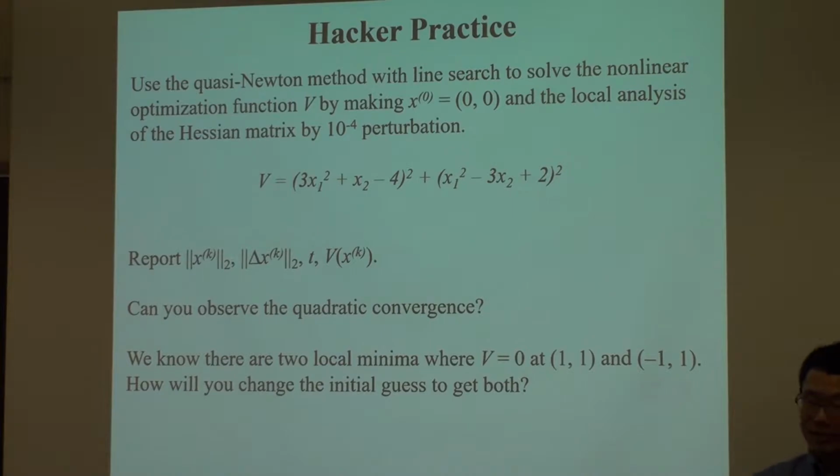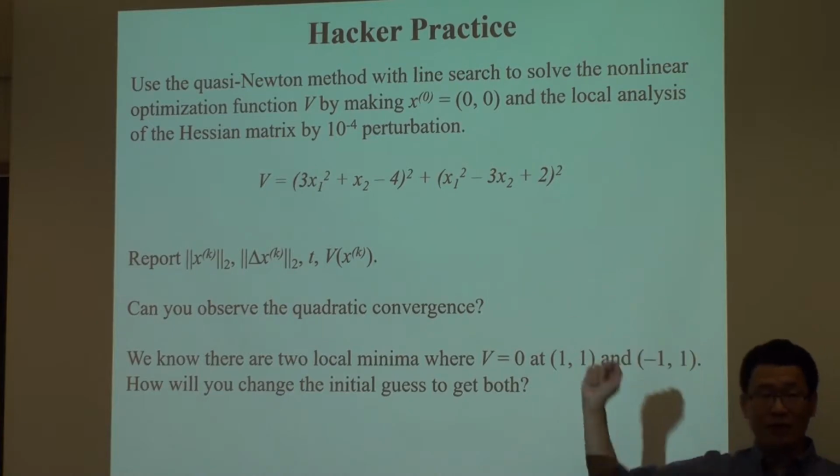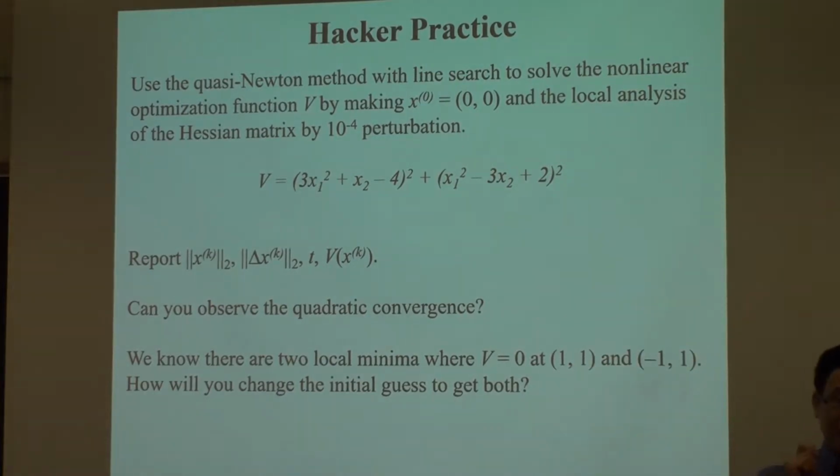That's fine, but that's not what I want you to do. I want you to take V and evaluate your gradient and Hessian all with local analysis. Make it quasi-Newton: make a perturbation, evaluate the gradient, then make a perturbation on the gradient to get your Hessian. For sure you can do it better with paper and get a symbolic evaluation, but in optimization you can see that even for such a simple problem, it's pretty messy on paper.